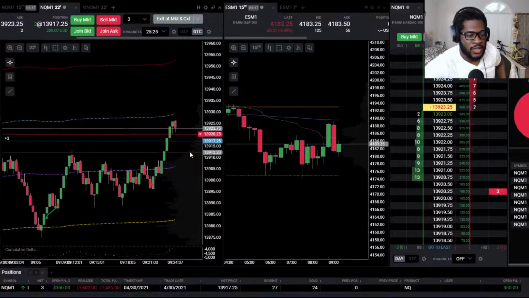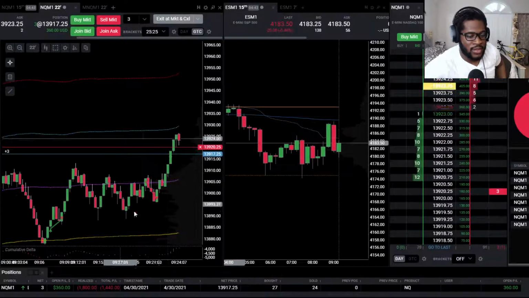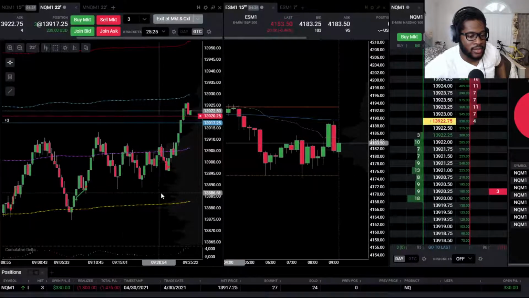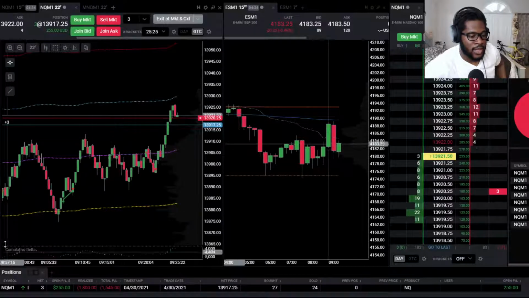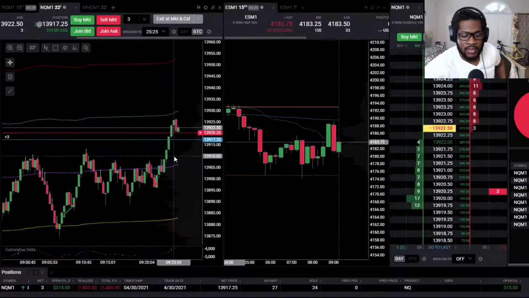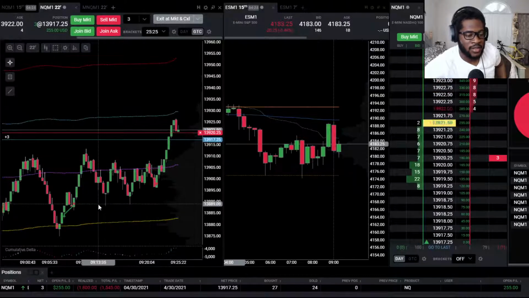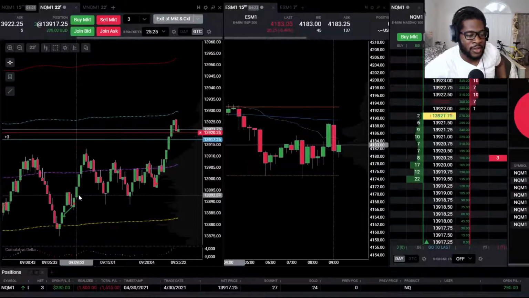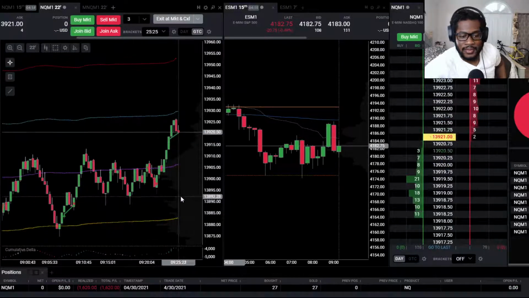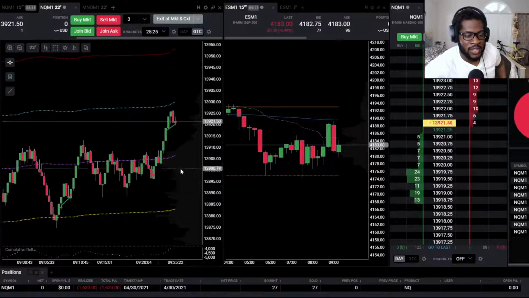These bars really don't want to stack up and go for me. It's because I'm always getting in late on the breakouts because it's not pulling back enough. The only time it pulled back that I got in was here, and that was the only trade that actually paid anything significant. Not that 150 or whatever is not significant, or the 105s I've been getting are not significant, but we're talking 400 or 500 plus is really what I'm looking for. Stop filled. So out on that one, we'll see if it wants to continue upwards again.